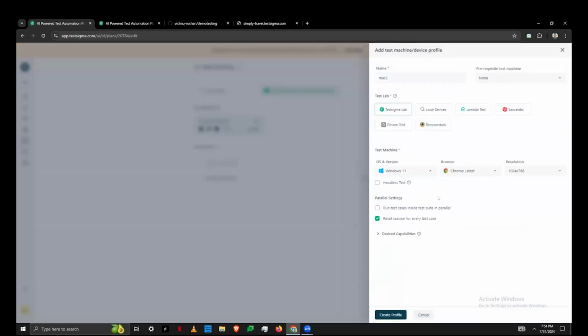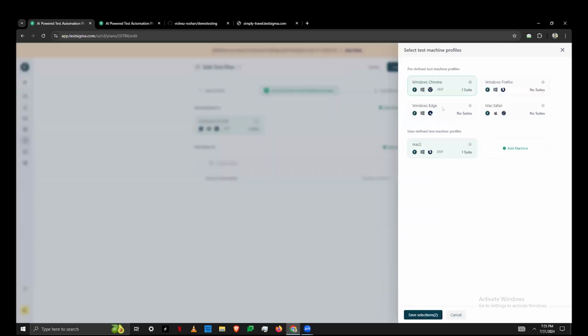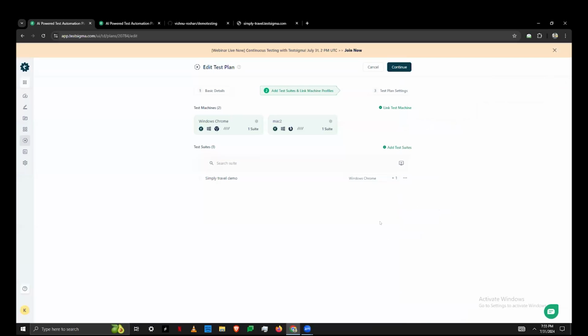I can choose what specific configuration I want to test in. I can also choose how I want to run them, whether sequentially or in parallel. Depending on the number of parallel licenses your account has, you'll be able to run the suites and the test cases in sequence or in parallel. So it basically reduces the execution time, so that if you're executing through your pipeline, you don't have to wait a long time. If you have multiple test cases on multiple devices, running in parallel basically reduces the